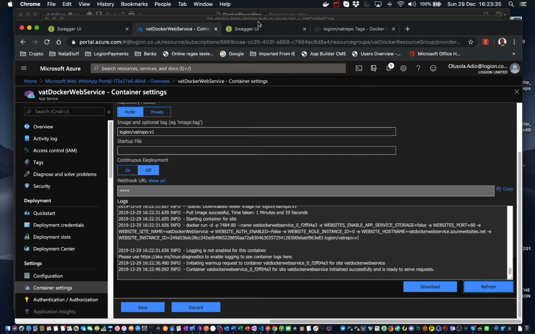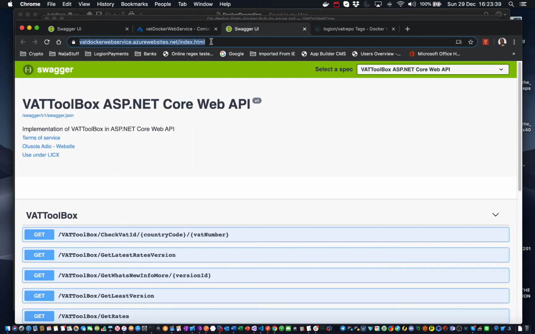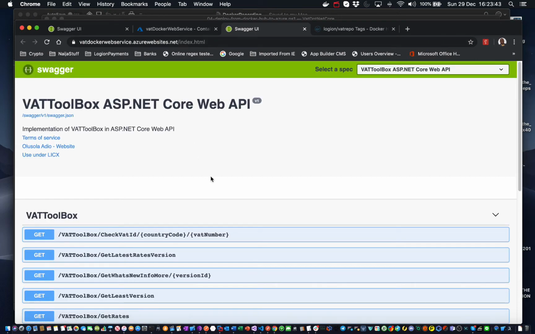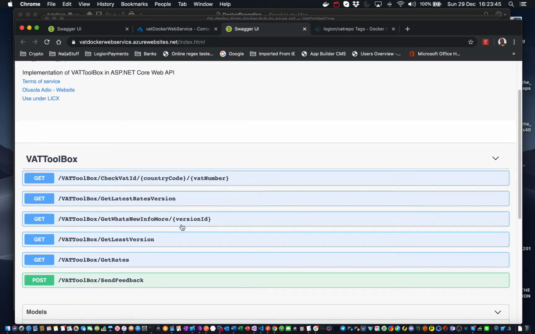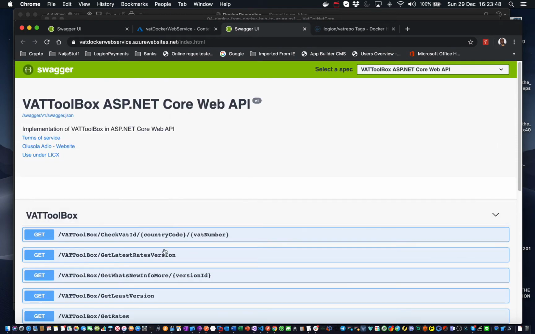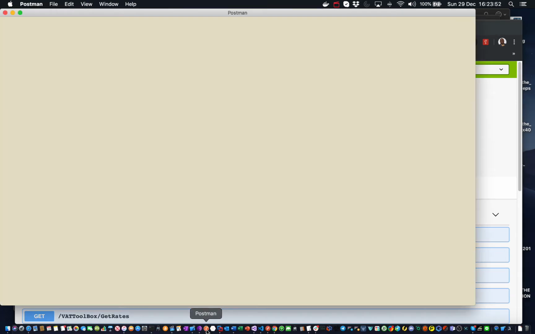So the deployment has completed successfully, and this is the website. Now if you go on it a second time, it comes back very quick. See? So we have all the services exposed here, and how are we sure that these services have all been set up correctly? What we just have to do is go to our Postman,